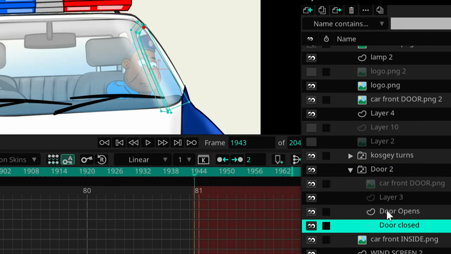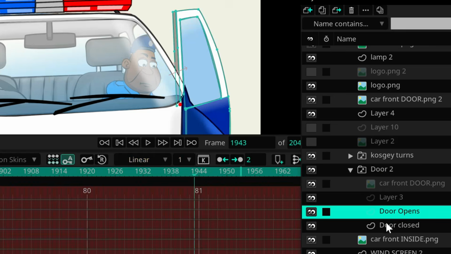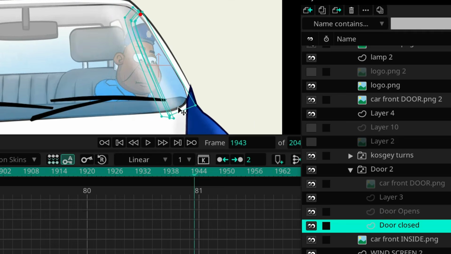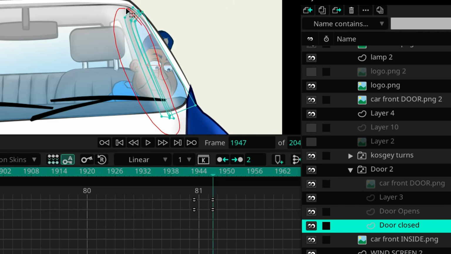is we need to go into this layer before it opens. Actually, let's not switch that first. So when we're on this layer, we can keyframe the points over there. So this is important. Okay, so you can keyframe that. We can move these points just to create an illusion. Let me select all the points so that the door is opening, like that,